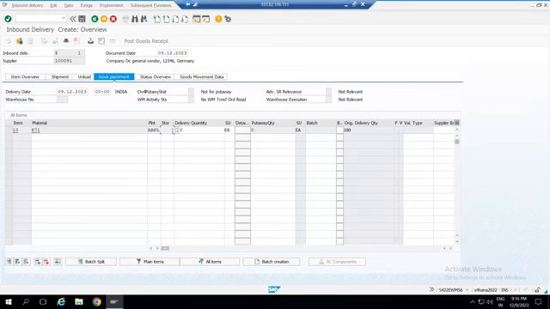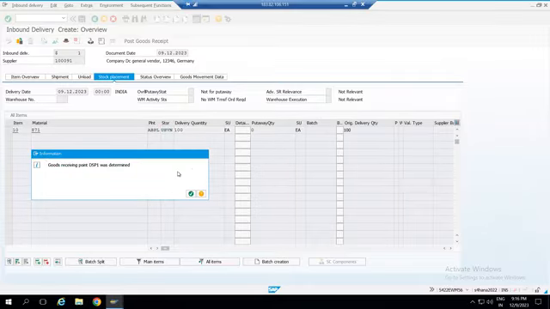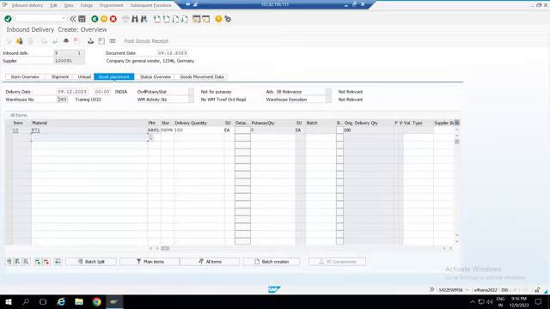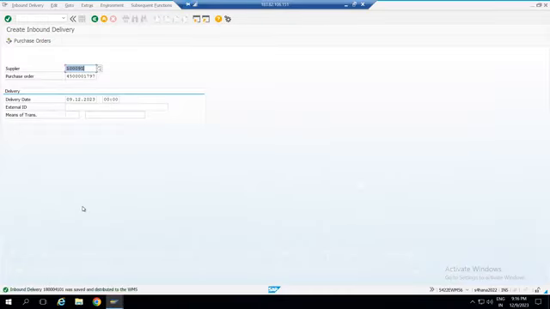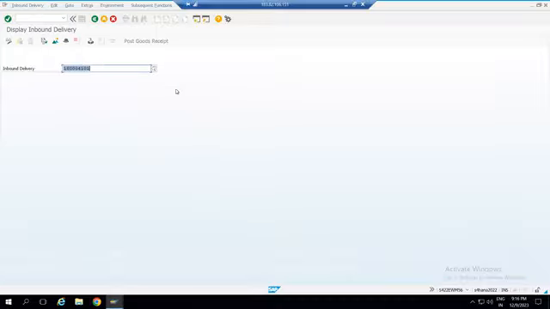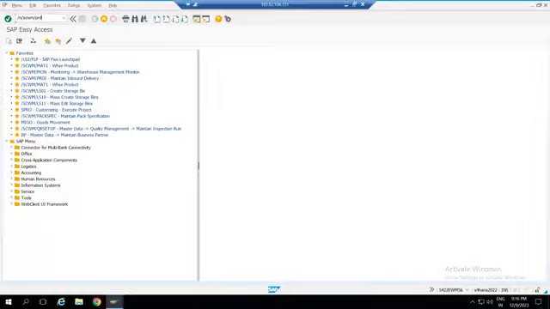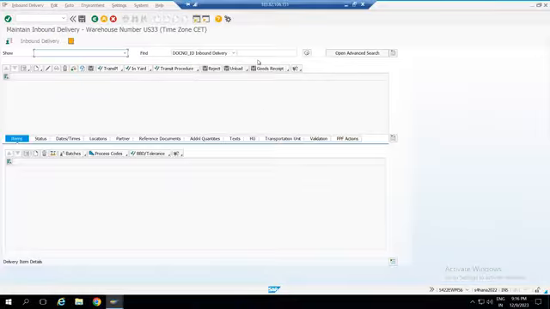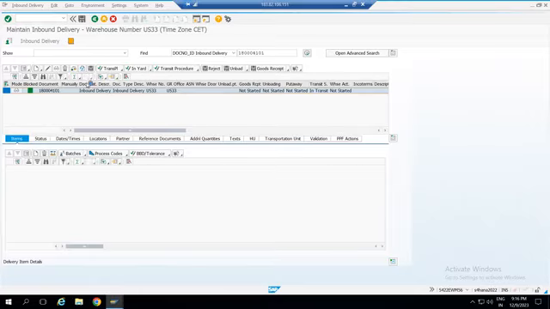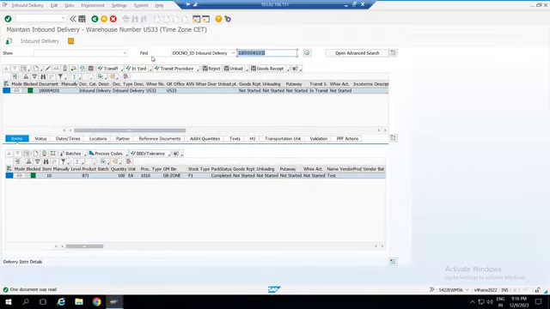In case of EWM, if the storage location is EWM managed, then you can see this is the warehouse number. And this process is in ERP, and the inbound delivery is distributed to the EWM. ERP means all your supply chain modules, EWM exclusively your warehousing module. So when we go here in the EWM, the same inbound delivery, you can see it is creating another inbound delivery in this warehouse.